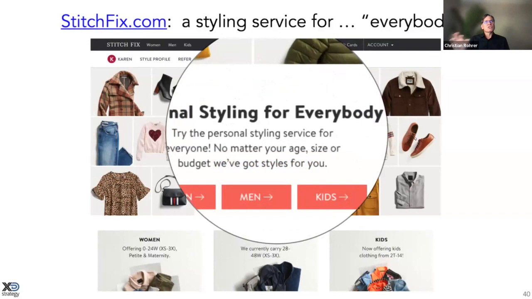So what I'm pointing out here is Stitch Fix. Do you have Stitch Fix in Canada? I'm curious if you have that available to you. It's an interesting service. Basically, you go in, you give them your information, like what kinds of styles you like. They send you a box, and you try the clothes on, and you send back the ones you don't want, and so you have a wardrobe that takes the pain out of shopping for a lot of people. They don't care what size or age you are. We've got you. That's their claim.